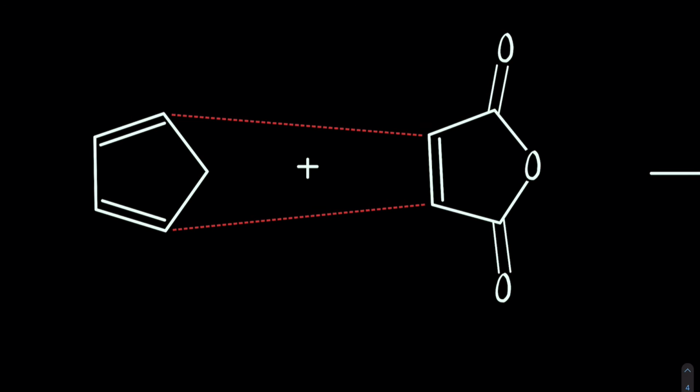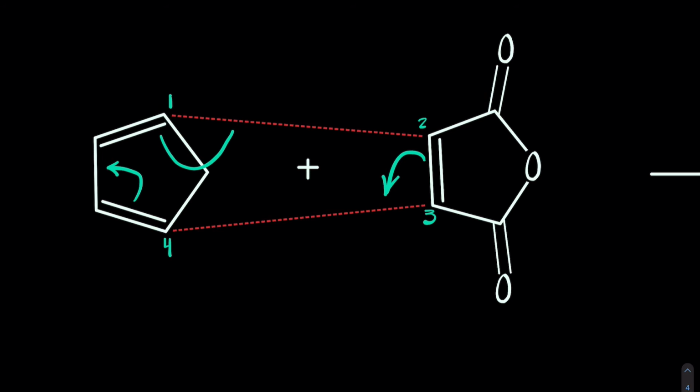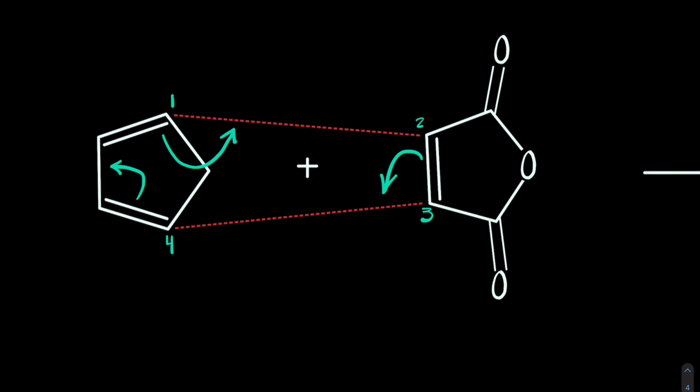We have not yet done a diene that is a cyclic compound. So let's walk through this. Same procedure over and over. Draw your dashed lines from carbons 1 and 4 to carbons 2 and 3 of the dienophile. Cyclically redistribute the electrons. And because we're talking about a cyclic diene, we're going to form a bridged head carbon, and an endo product